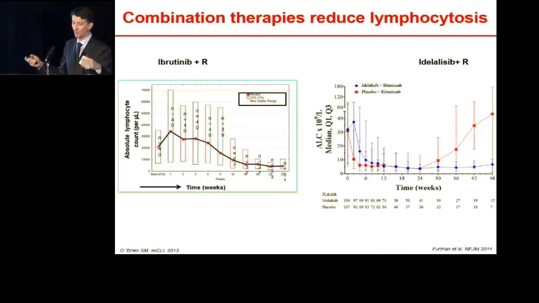That's why I still think that even with these new drugs, we have to aim for complete remissions and even probably aim for MRD status. And this can be probably achieved by combination therapies. Here I show you both data with ibrutinib and idelalisib. You saw much more data this morning showing that indeed by combination with a simple anti-CD20, but even with chemotherapy, then you can get to complete remissions. You can increase the rate of complete remission, and very likely you can also increase the number of MRD negativity